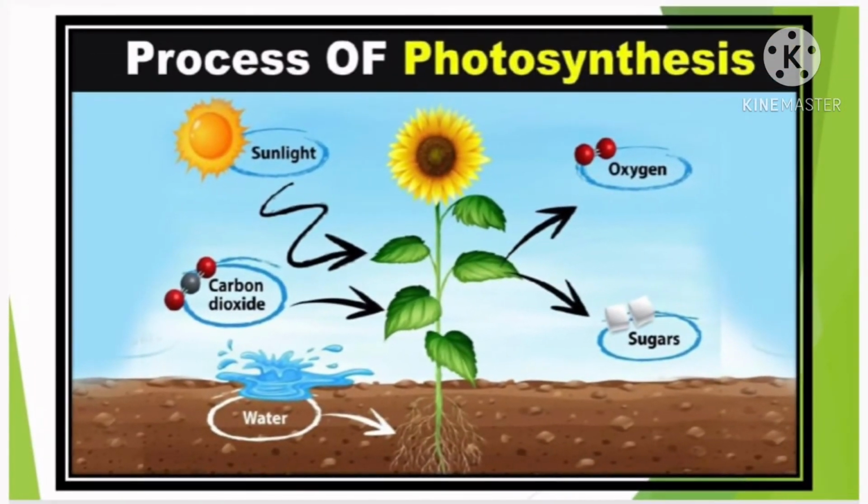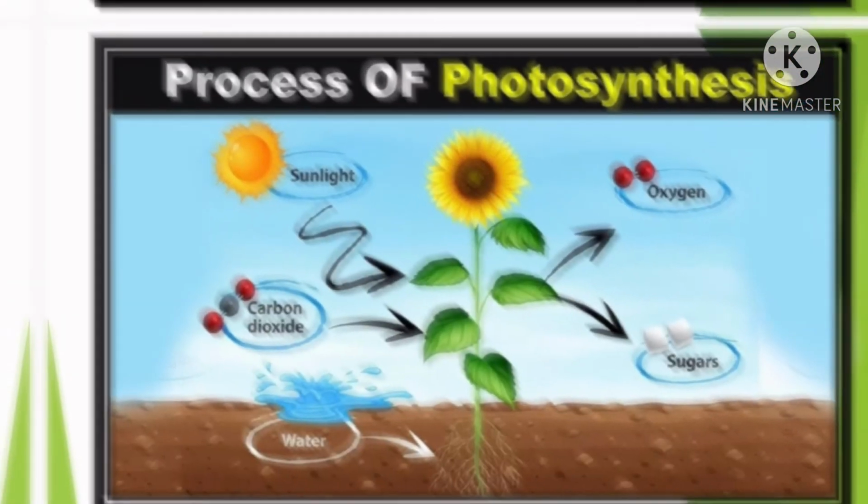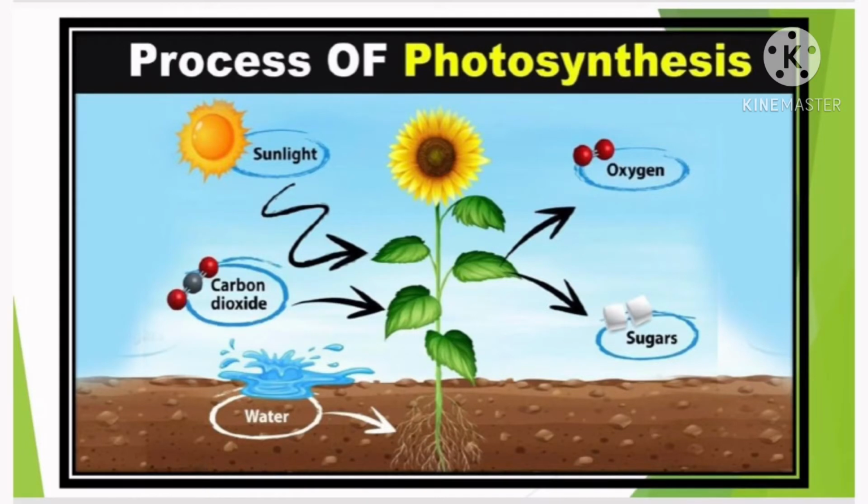Students, look at the picture carefully. You will see the things which are necessary for a plant to carry out the process of photosynthesis. They are carbon dioxide, energy from sunlight, and water. So basically, plants make their own food in the form of sugar or glucose by absorbing the light energy of the sun, and in return they give us sugar plus oxygen.